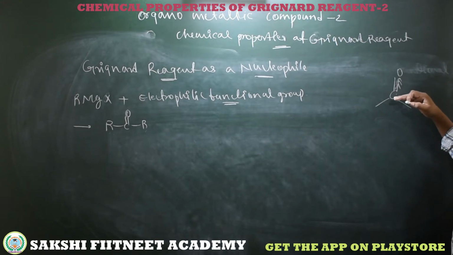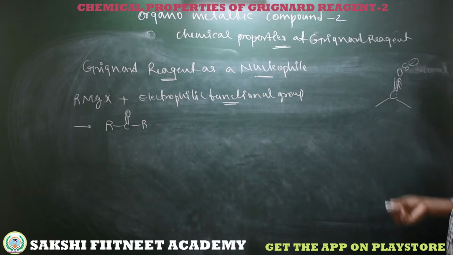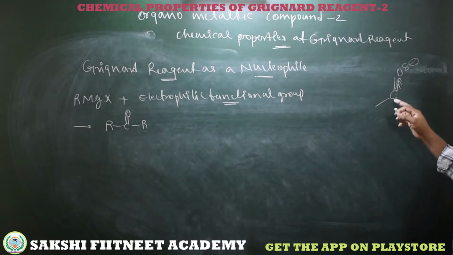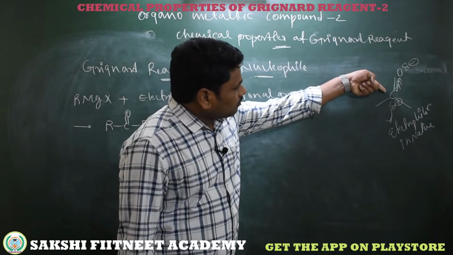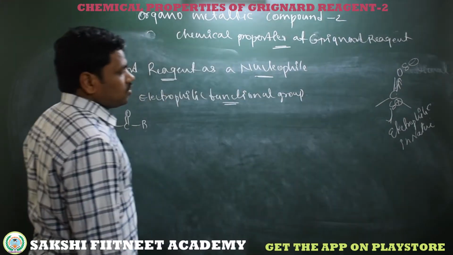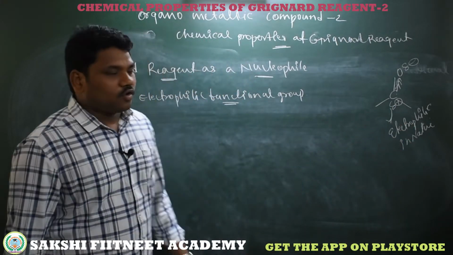So commonly, the electron displacement is completely towards oxygen. So here oxygen shows a partially negative charge, which is basic in character. What about this carbon? Carbon shows a partially positive charge, that is electrophilic in nature. About this carbonyl, we have one video. So this carbonyl carbon shows electrophilic character, and obviously the functional group which has this carbonyl group acts as an electrophilic functional group.